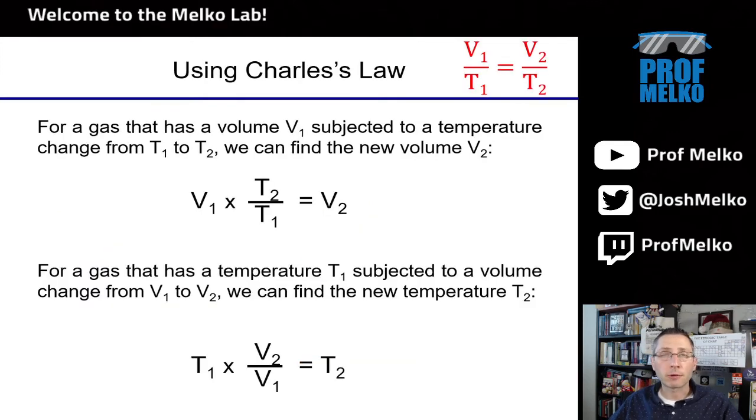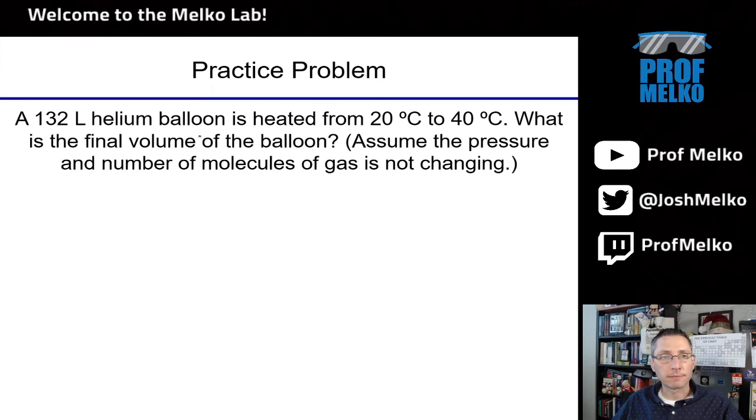So there are going to be similar types of problems as with Boyle's, only here they're giving you maybe two temperatures and one volume and asking you to identify the new volume. Or they're giving you two volumes and one temperature and asking you to identify the final temperature. So questions like this might be written: 5 liters of gas at 300 Kelvin are heated to 600 Kelvin. What is the new volume? I gave you an initial volume and a temperature that was changing and asked you to identify the new volume. Then you would use Charles' law. So let's see this in a practice problem. Again, feel free to pause the video here if you want to try it yourself first.